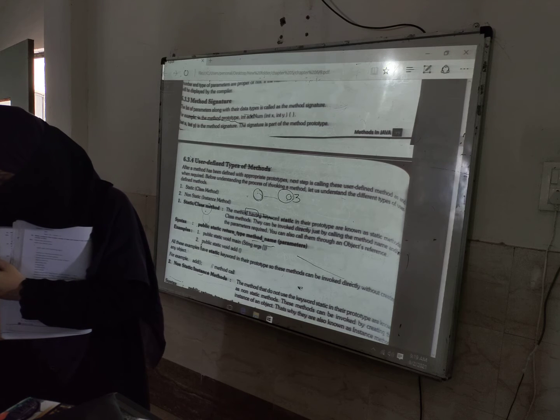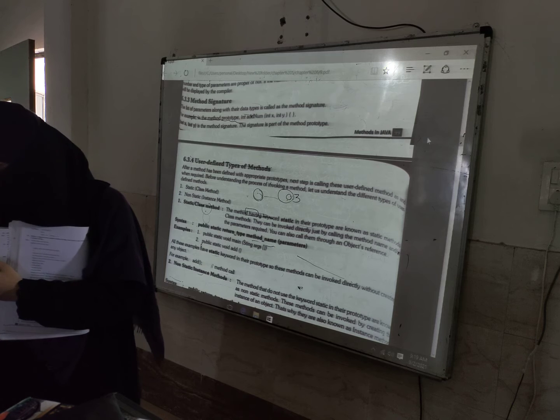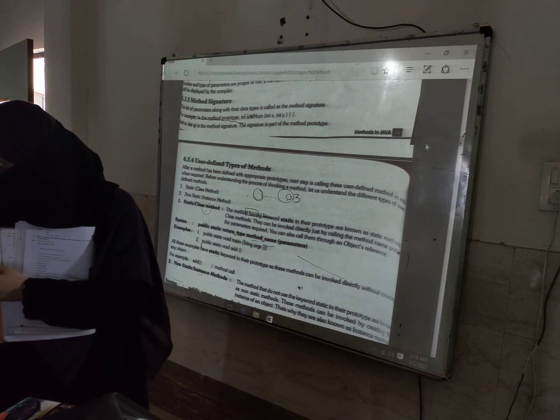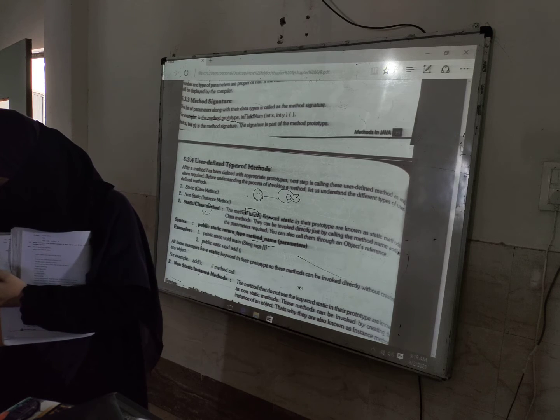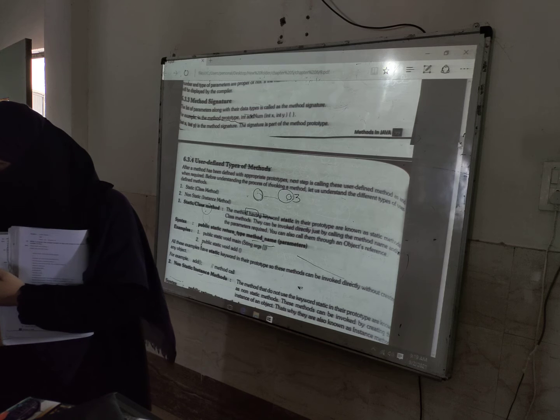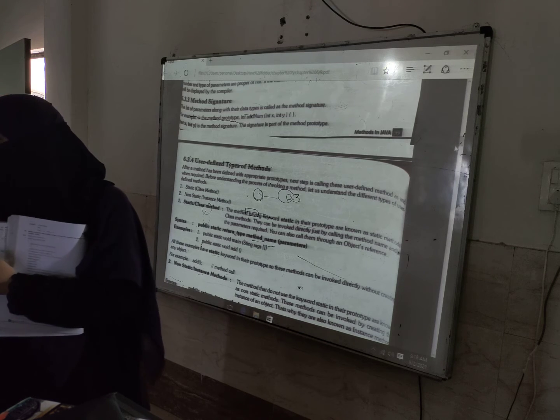Display a message. So now we have to write that public void make string add. You will write this, you will get the answer. That is the main method. We will use the main method. Ma'am, if in this section we write just this only, that string void make, we don't need to write that. That is the main method.